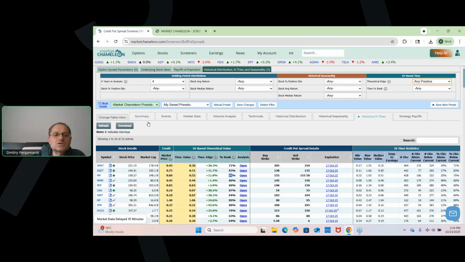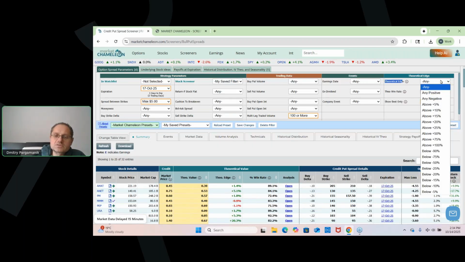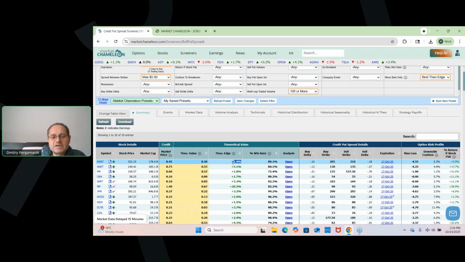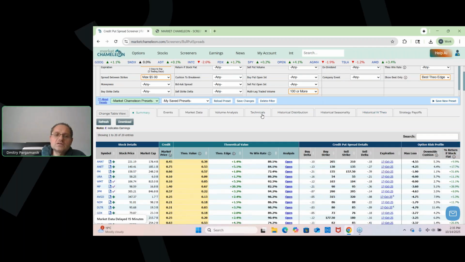So let's go back here. I'm going to come back here, and let's say we're looking for theoretical edge, any positive here. So now we have both positive. So now we have two layers of positive edge. That's based on historical stock returns, based on the implied volatility. And on top of that,